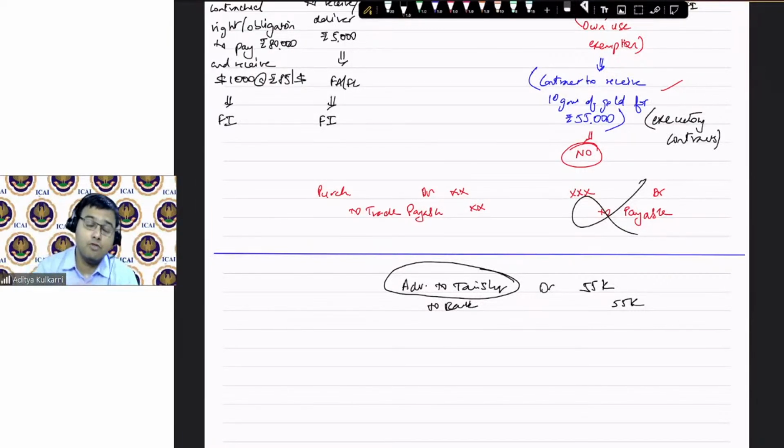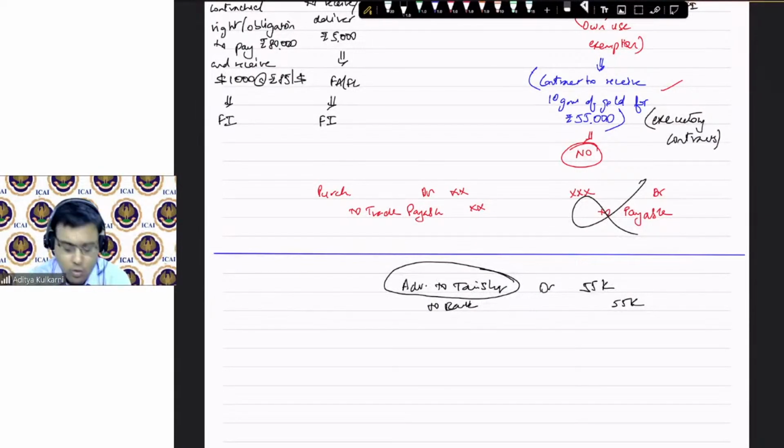See, don't get confused that if it is not a financial asset, it is not an asset. Many students think that if it is not a financial asset, it is not an asset at all. How can that be? You have non-financial assets also. No doubt it is an asset. The only thing is it is not a financial asset, because against this advance you are going to get gold, and gold is a non-financial asset. So you have a contractual right to receive a non-financial asset, and therefore it is outside the definition of financial assets. Is it okay?